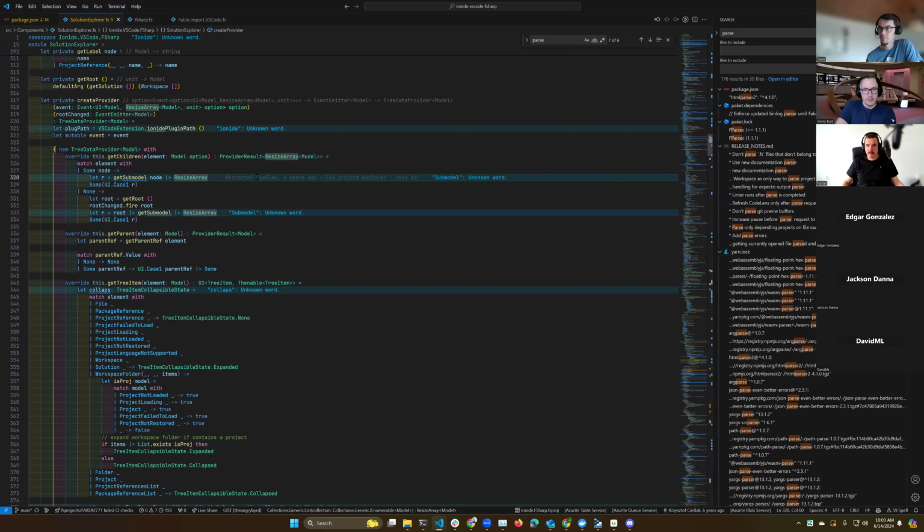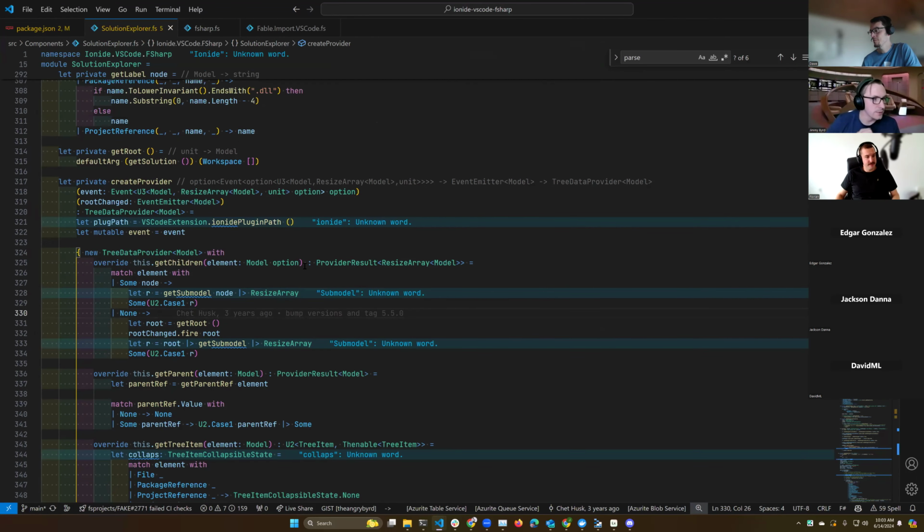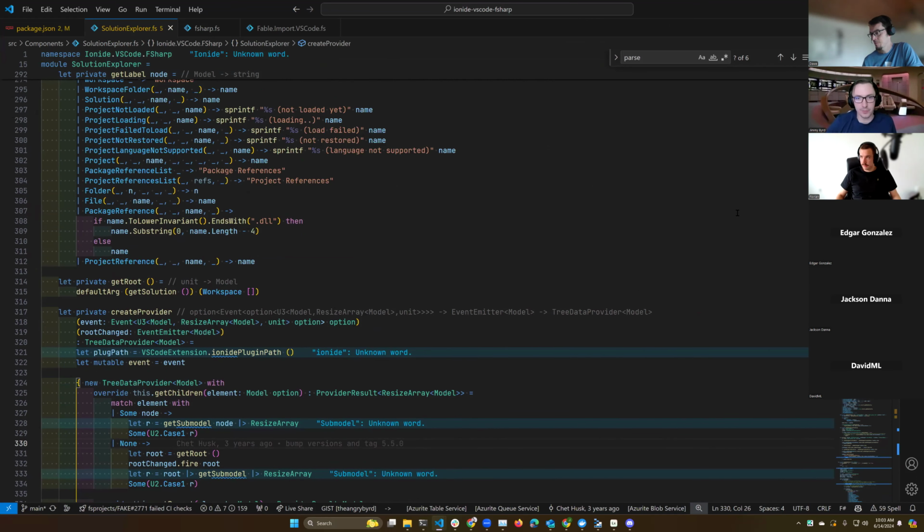All right. So the place where we need to look here is this Solution Explorer. Can you bump the font just a little bit, Jimmy? Yeah, for sure. Wonderful, thanks. This SolutionExplorer.fs is the file that has what you're kind of used to, which is that Solution Explorer.